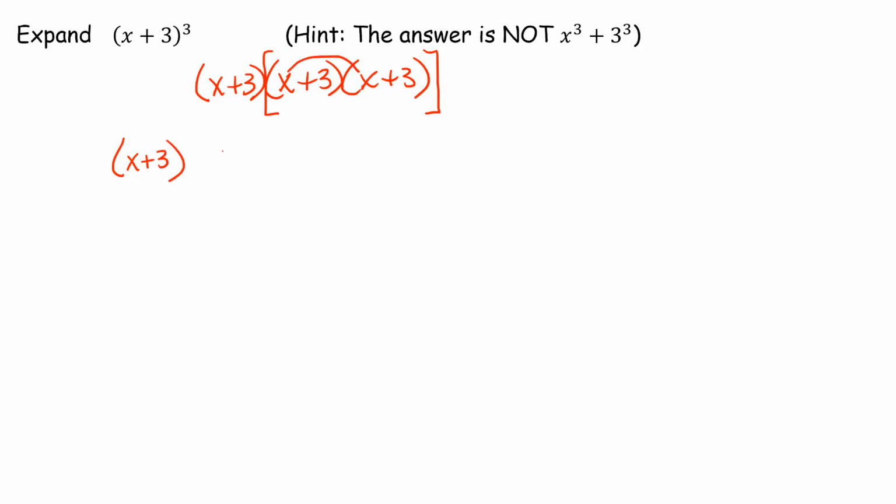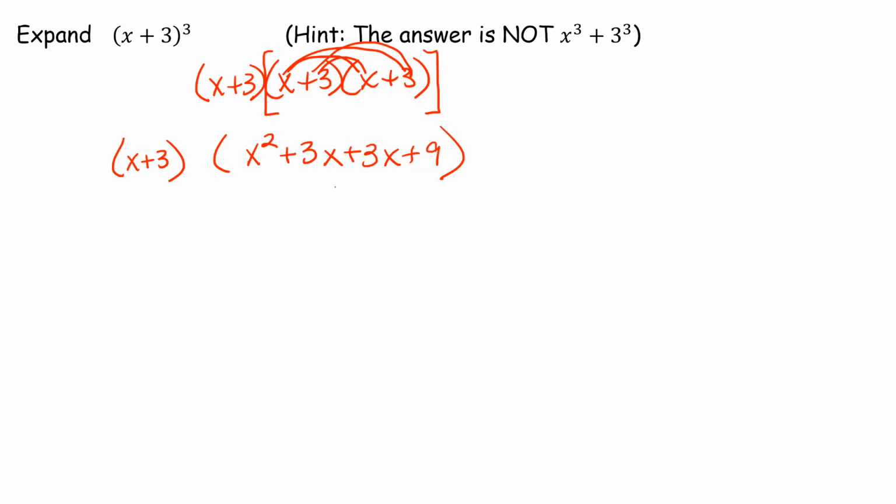X times x is x squared. X times 3 is 3x. Don't forget to put a plus sign between them. They're all plus signs here. Now 3 times x is another 3x, plus 9. All right, so these are the two things that need to be multiplied together now, but first I'm